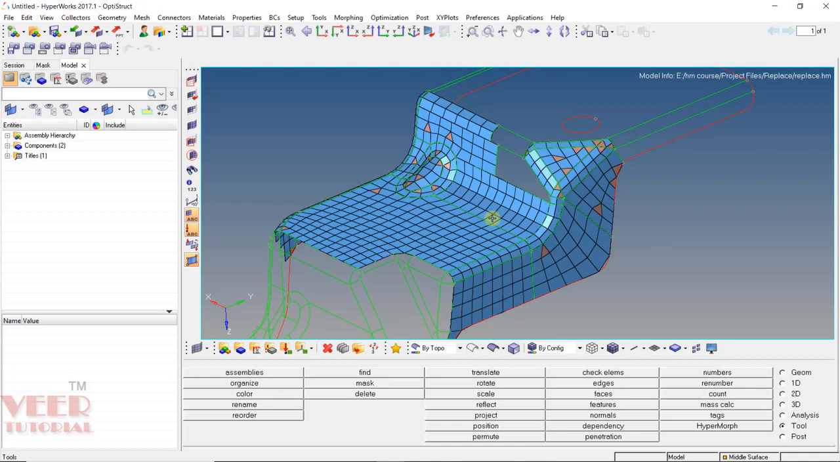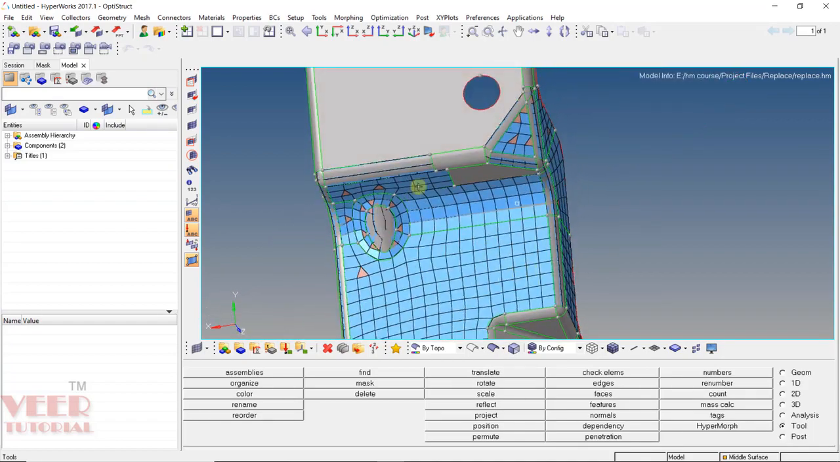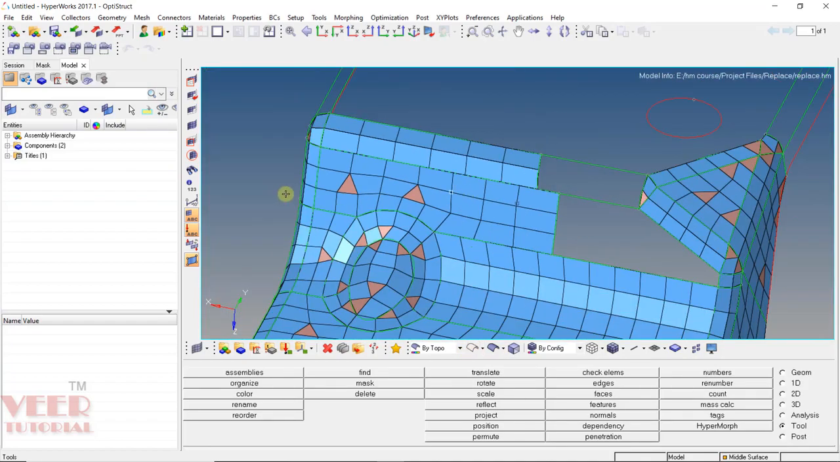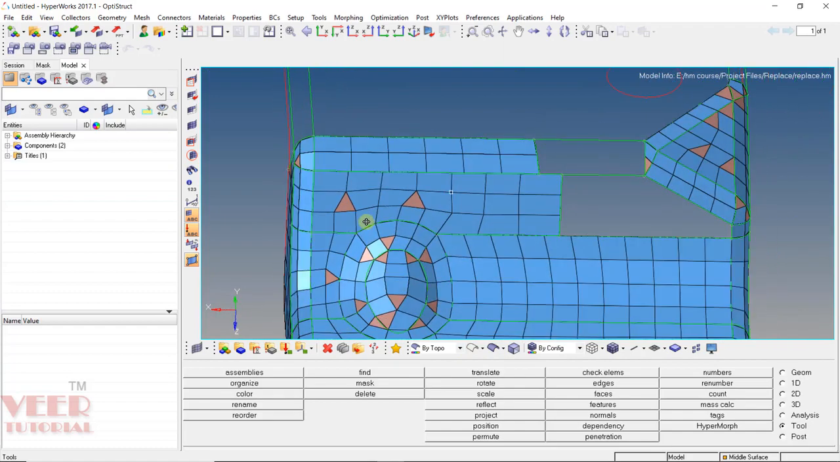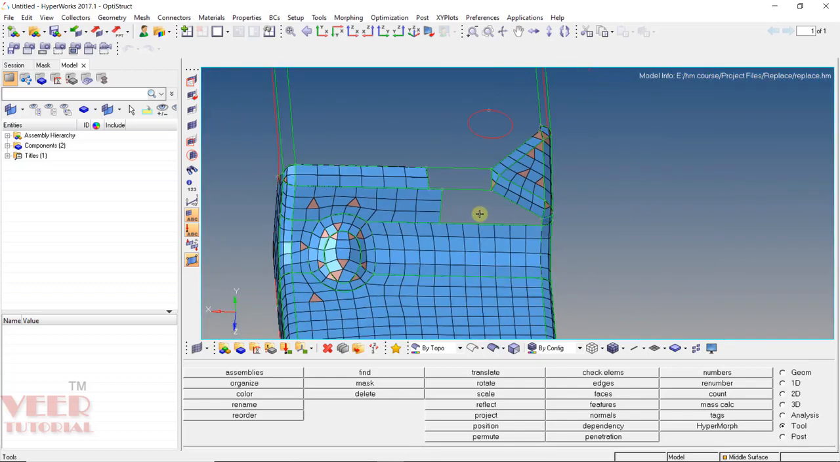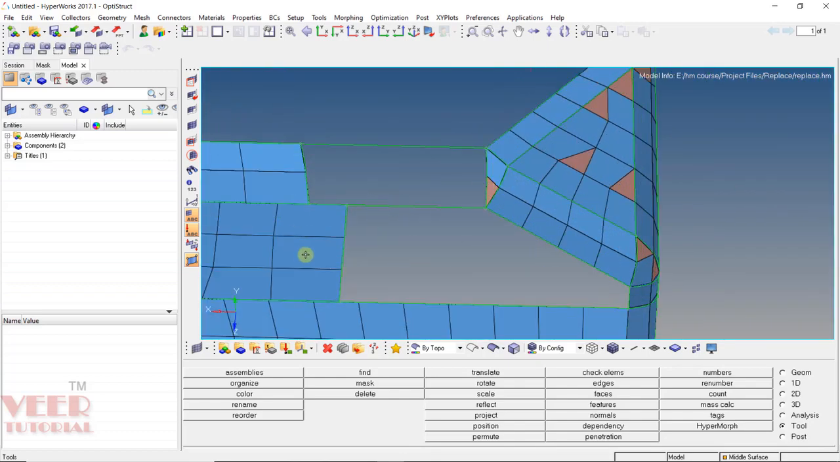Now inside this file we can see we have created a mesh. So here select by config and here select by topo and then go to shaded geometry, and here we can see, if I go to wireframe, the mesh is not connected here. Now to make a connected mesh, we can use the option that is called